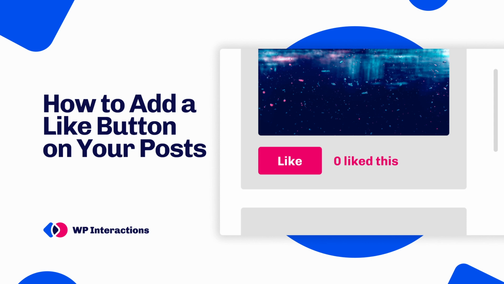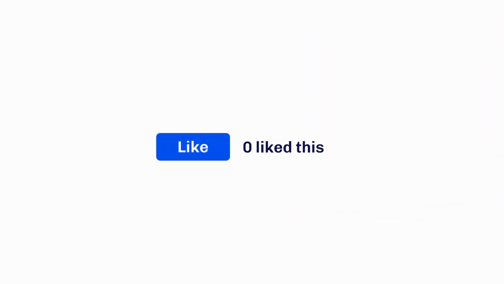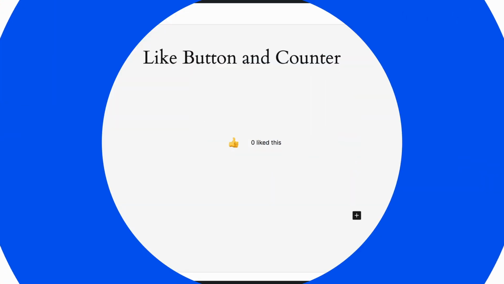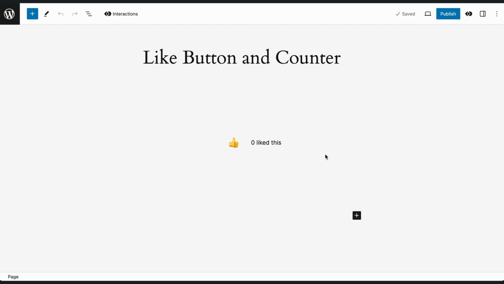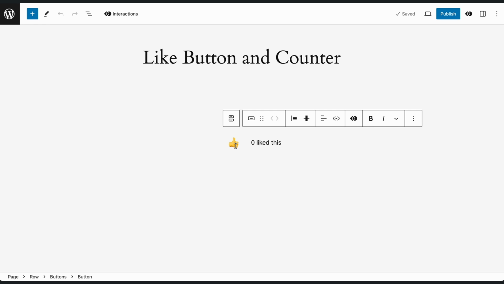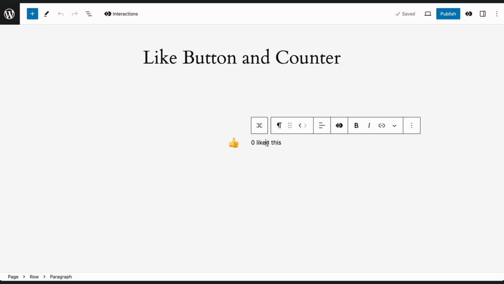Today I'll walk you through the process of creating a like button and counter just like this, without writing any code. WP Interactions makes creating like buttons and counters very easy. You will need two things: a button to trigger the like, and text to display that value. Here's our first example, where we have a button block and a paragraph block. We will be using this button block to trigger the like action, and we will use this paragraph block as